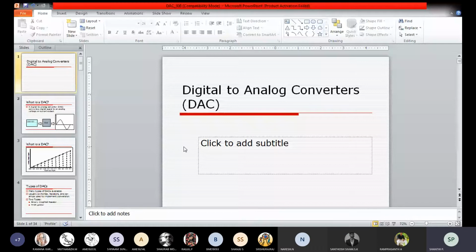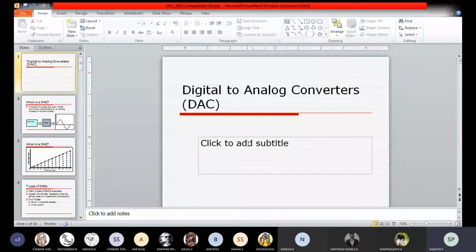Digital to analog converter, we have using for operational amplifier circuit. Okay, different types of digital signals converted into analog. Digital signals are zeros and ones, that is a binary form. 0 to 7 means 0 means you have to write 0 0. 1 means 0 1. Similarly we can use this.